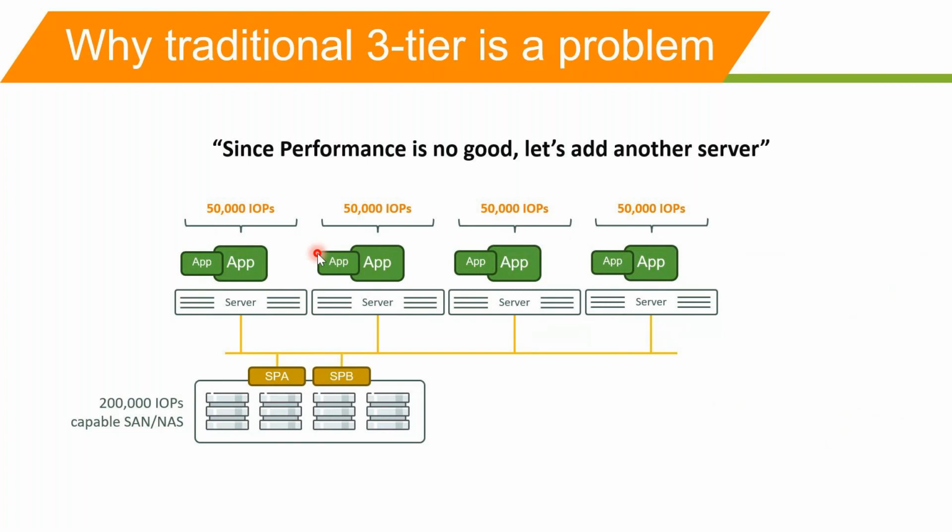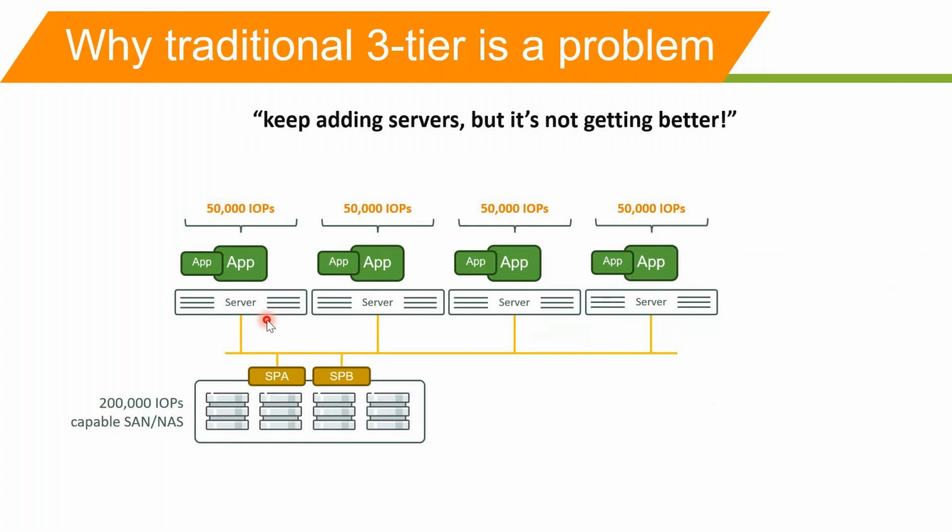Initially it was 1 lakh, then it goes to 66,000 when I have 3 servers, and now with 4 servers it goes to 50,000 IOPS. So if I keep on adding servers, overall the controller is still handling 2 lakhs IOPS, but server-wise the storage performance is not good, because as I add more servers it is getting reduced. Adding servers does not improve storage performance, but it can accommodate more users, because I have a decent amount of CPU and memory. But the storage is still limited.